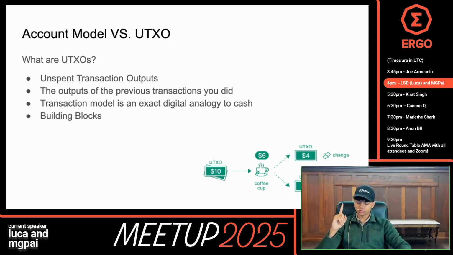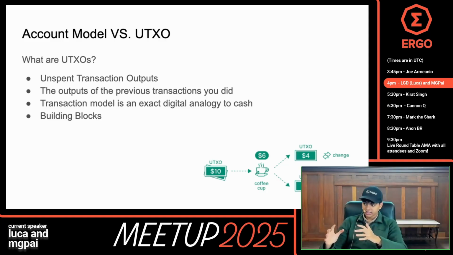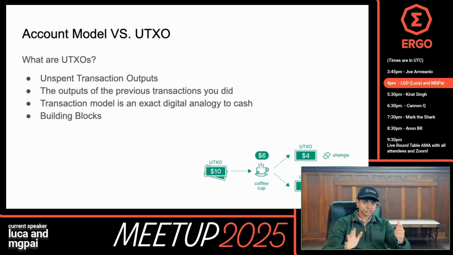be only spent once. And another analogy that I like is with the old-fashioned piggy banks, right? So you would have savings in a piggy bank, and if you ever wanted to spend it, you would have to smash it open, right? It's like a one-time thing. So you can also think of it that way, right? I have $10 in my piggy bank. The piggy bank is the UTXO, and that's like the input, right? And then if I want to actually spend it, I would smash the piggy bank open, and it's gone, right? Just one time. So that's really a brief overview of the UTXO model, and